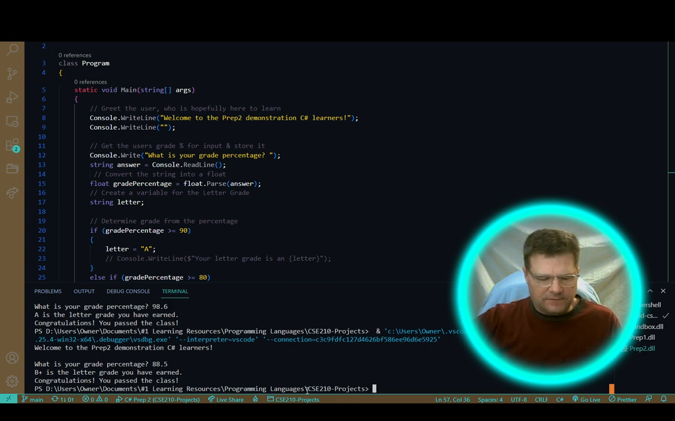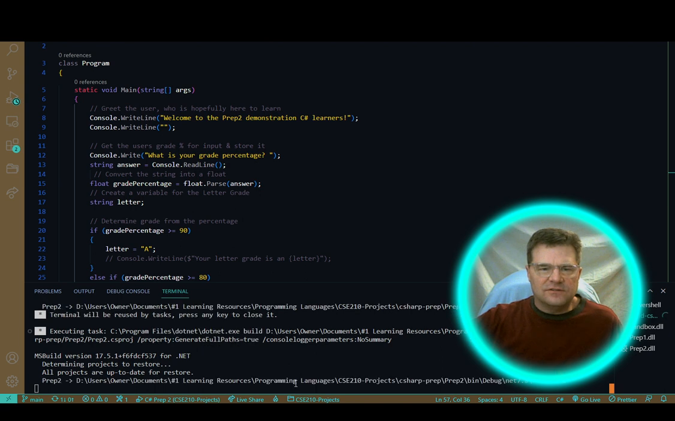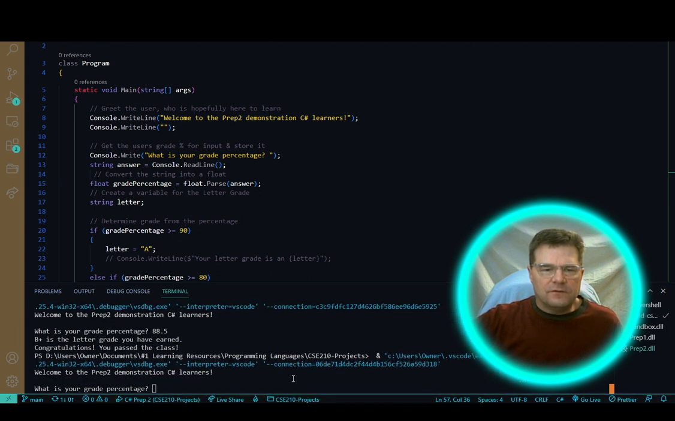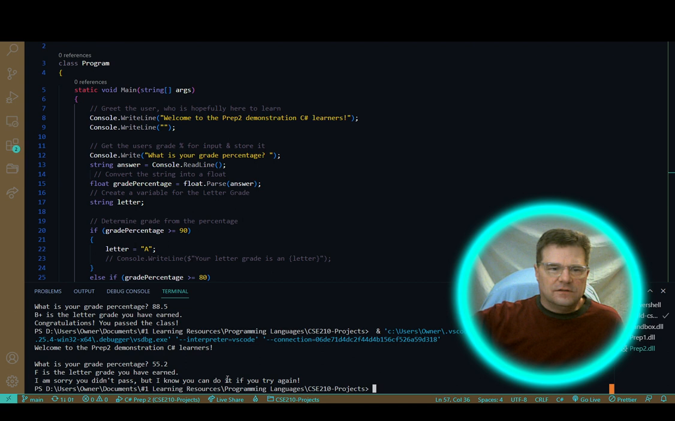And F5 one more time to run it again just to see what happens if we don't pass. Let's say we got 55.2%. You've earned F as your grade letter, and I'm sorry you didn't pass, but I know that you can do it if you try again. So that is the program